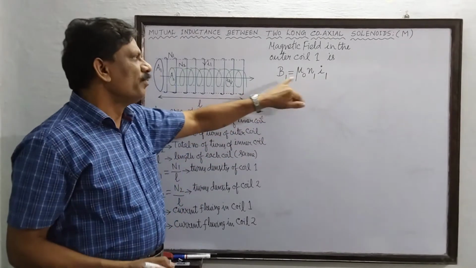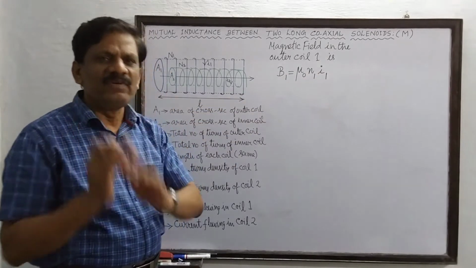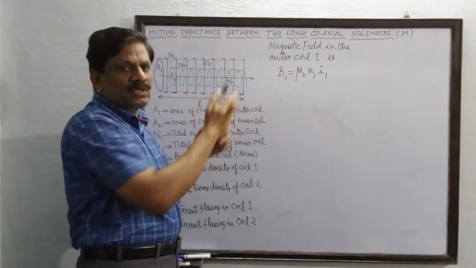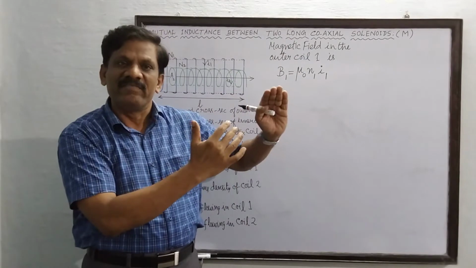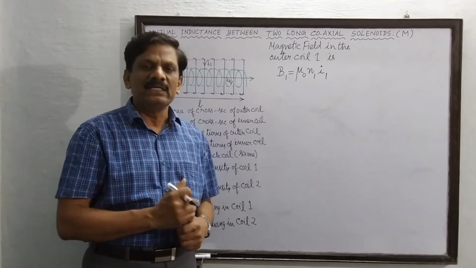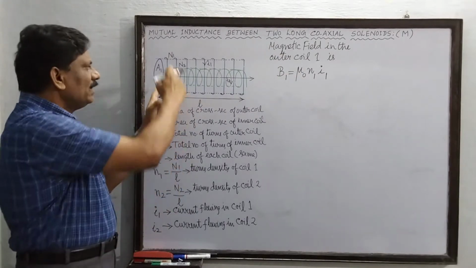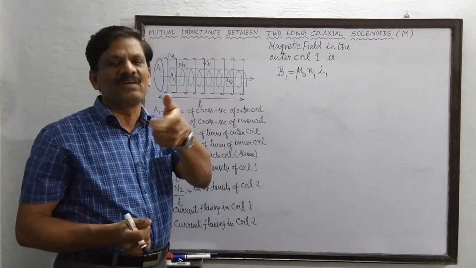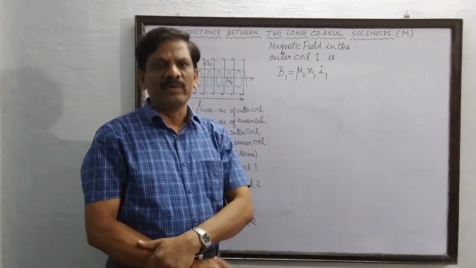Okay students, so B1 is equal to mu naught n1 into I1. Now carefully you have to listen here. The first coil is producing a field along its axis. So inside the diameter, throughout the axis of the larger coil, there is magnetic field. And inside that magnetic field, the second coil is present, is it not? So here you should understand that this magnetic field will be linked with the entire second coil. The entire second coil is in the presence of the field due to the first coil. So we are going to find out what the magnetic flux linked with the second coil will be.